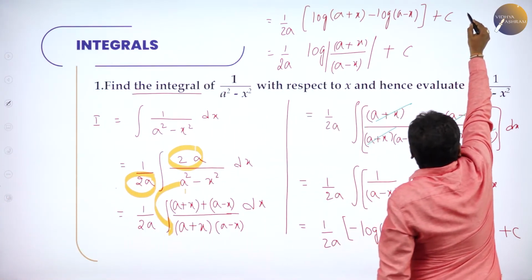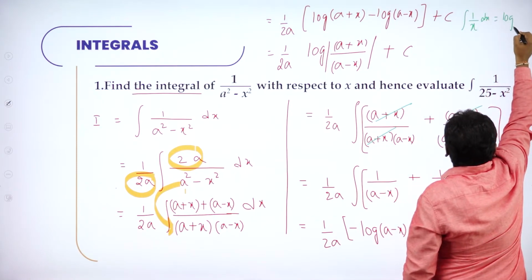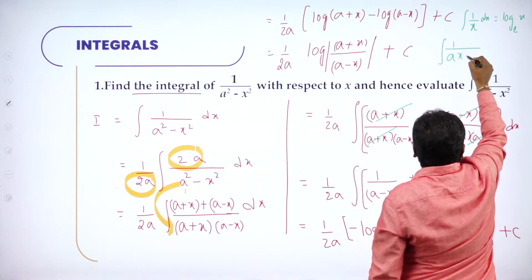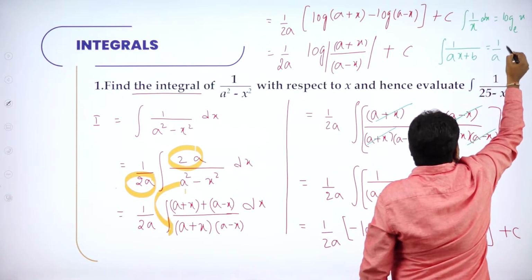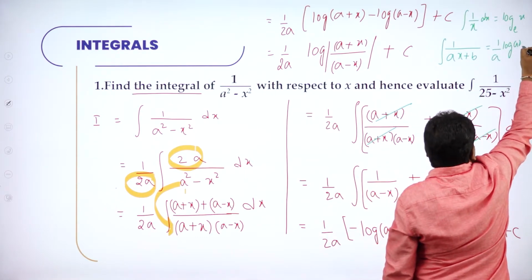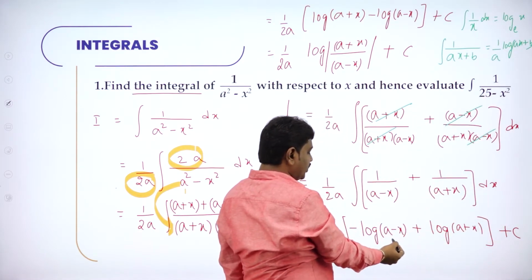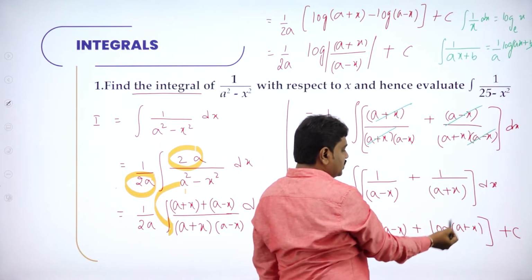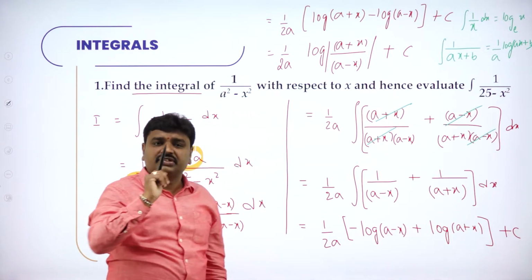Remember this. All of you know integration of 1 by x dx. Integration of 1 by x is what? Log x. Similarly, integration of 1 by ax plus b. If you have the coefficient of x, what is the coefficient of x? A. It is 1 by a log of ax plus b. This is the formula I am using. So I have 1 by a minus x. Log of a minus x. Coefficient of x is minus 1. 1 by minus 1 is minus 1. And this is log of a plus x. Coefficient of this is 1. So now we are done with the first derivation.